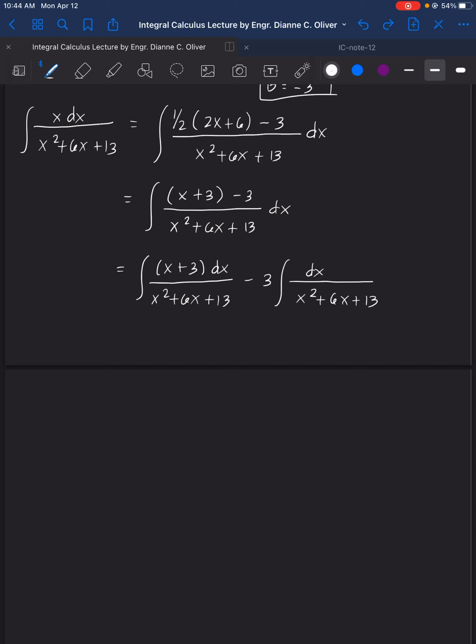Okay, then let's integrate them separately. So this one here, we can have this as logarithmic. Then let's see if we can do something about this,